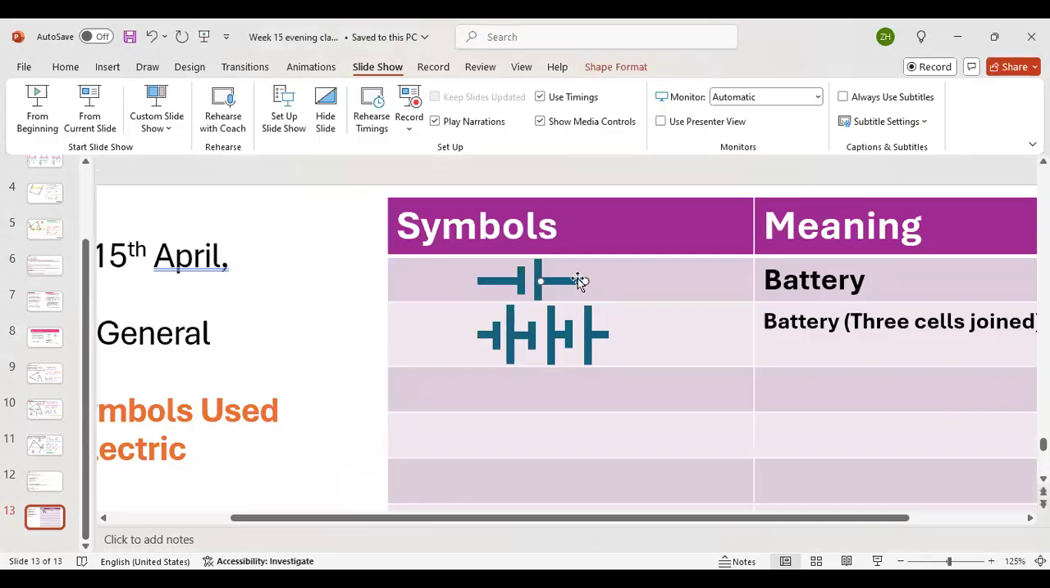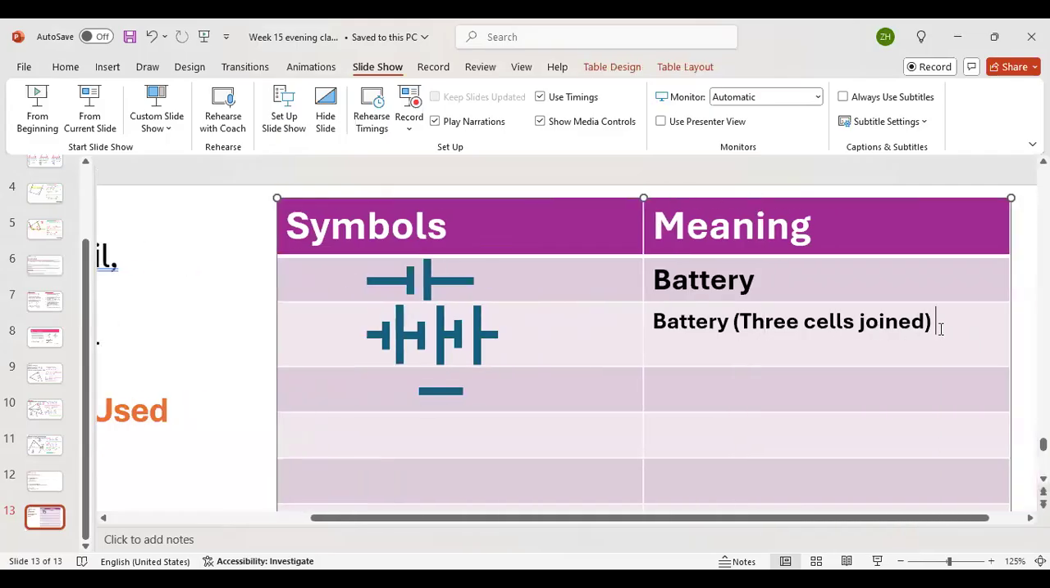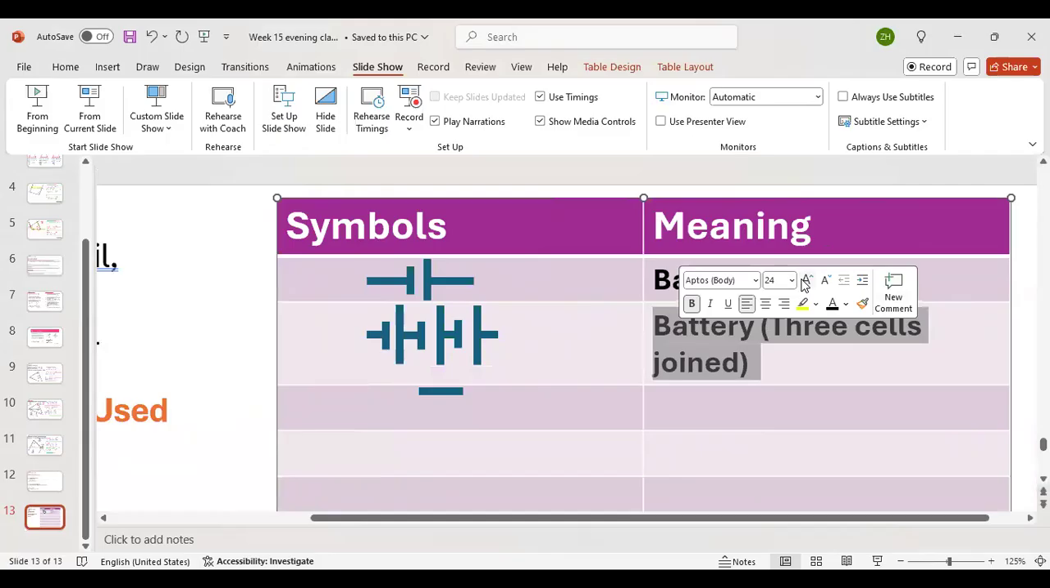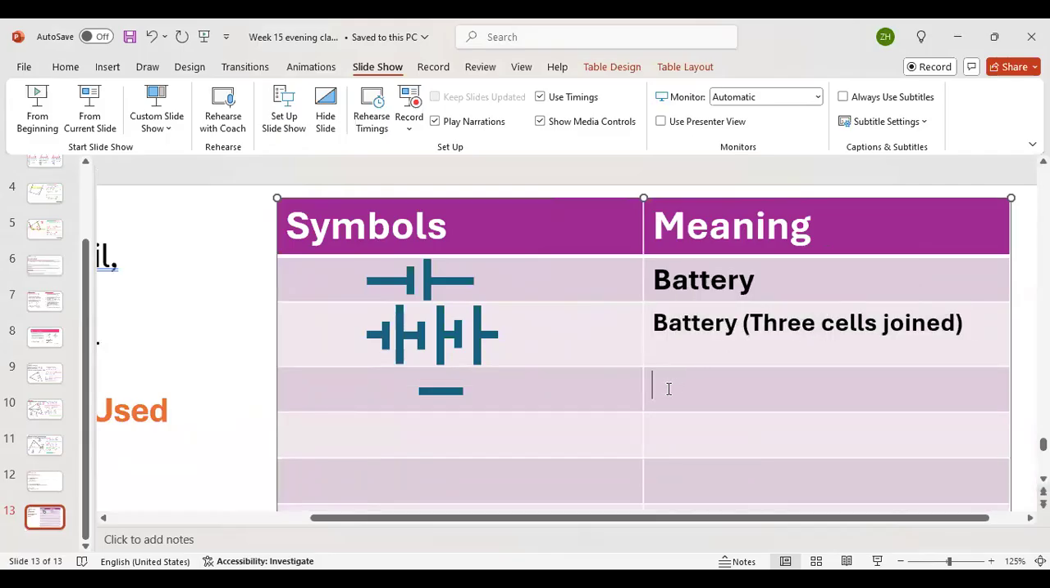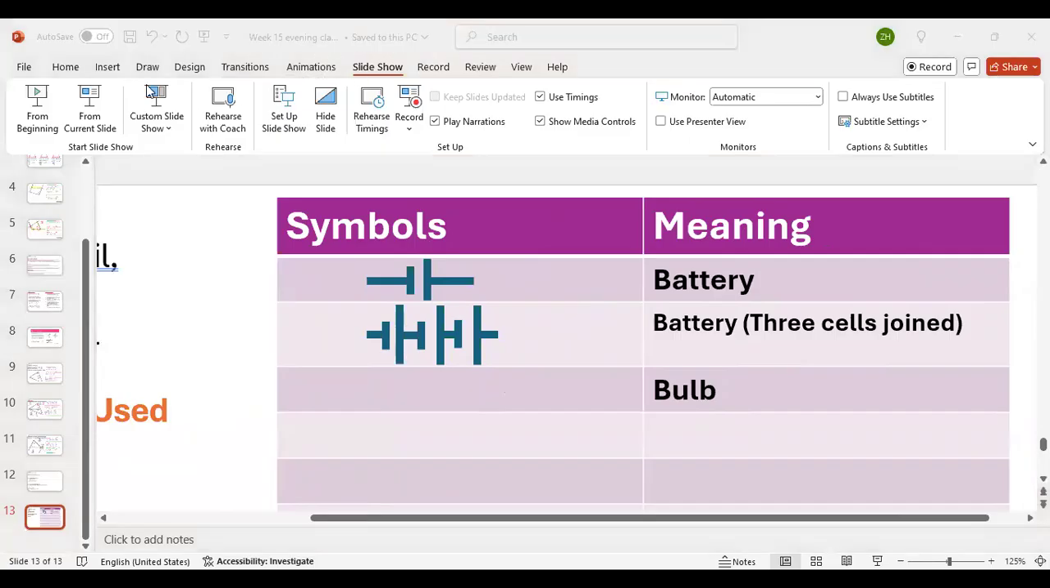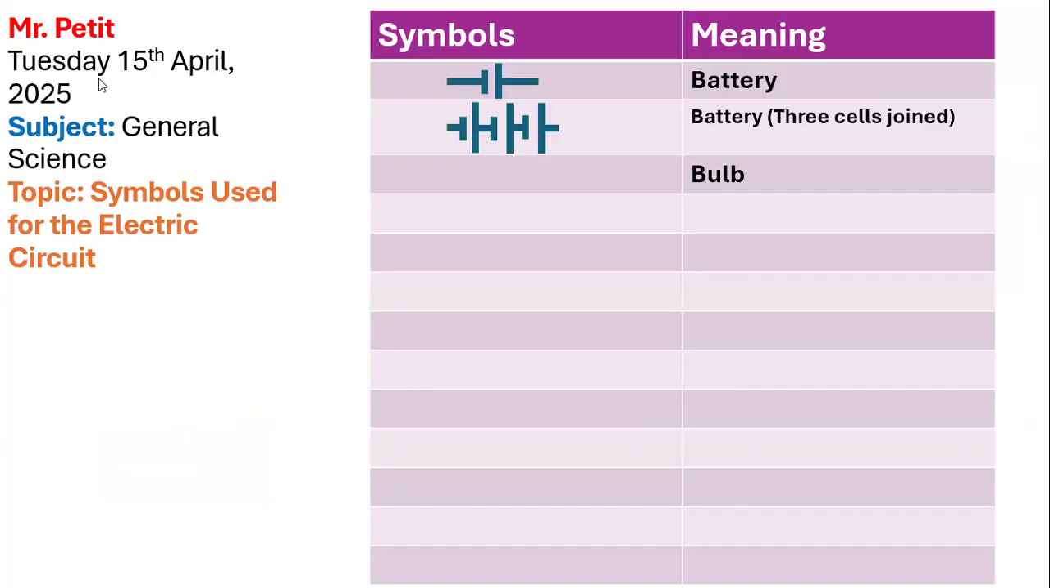All right. Okay, next, after we have the battery, the next thing we have is a bulb. Okay. So it's gonna be the symbol for a bulb. For this one, I don't really like it, so I'm gonna have to do my best at drawing this one. So for the bulb,